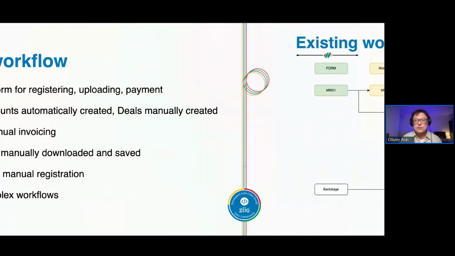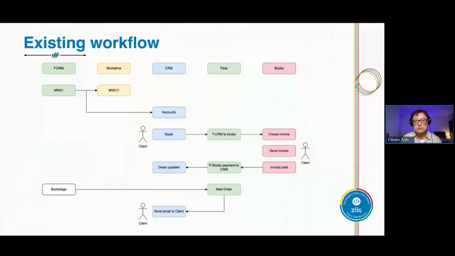So the existing flow was just looking like this. Every column is an application, so you can read it from left to right and from top to bottom. We had the form in green, which will create a WorkDrive folder and then create a CRM in blue, an account,